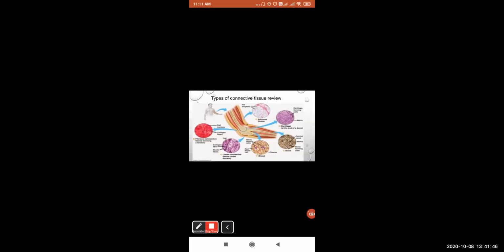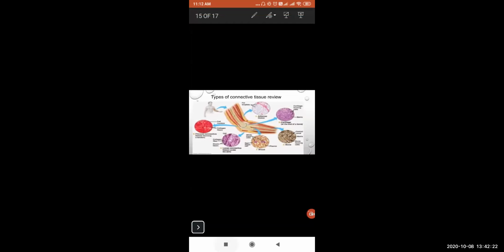internal organs. Now the next connective tissue is the tendons and the ligaments. These are called fibrous connective tissues. Okay, they are present near the joint as shown in this diagram. You can see the tendons help in joining muscles to the bone, whereas ligaments help in joining a bone to the bone. Okay, this is all about the connective tissue. I would like to share a video with you.